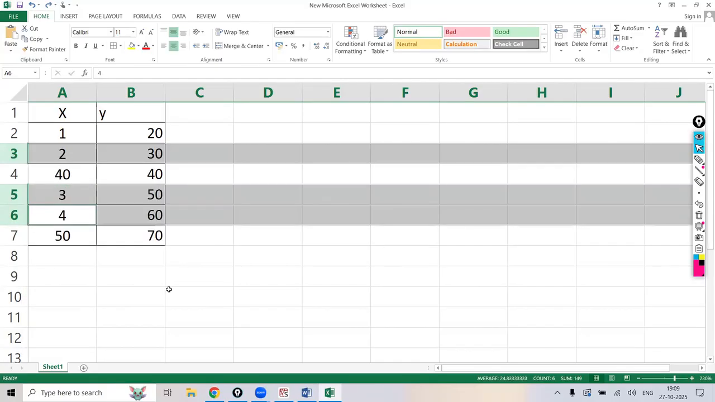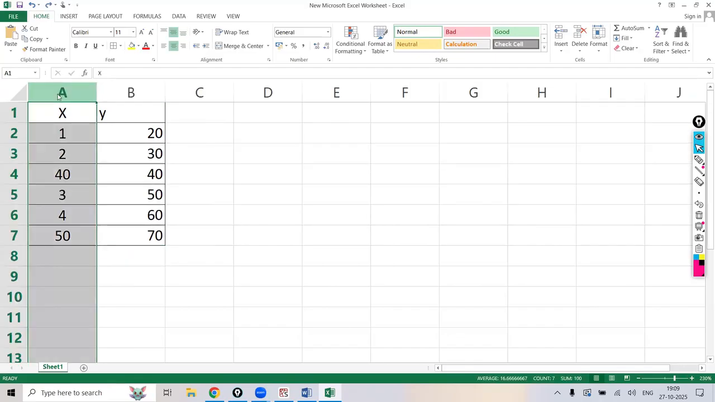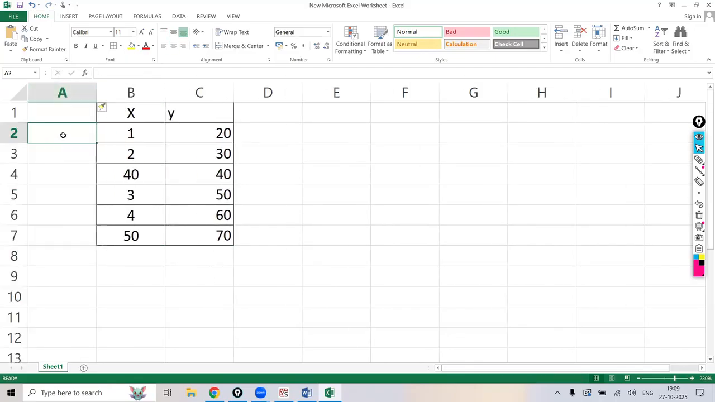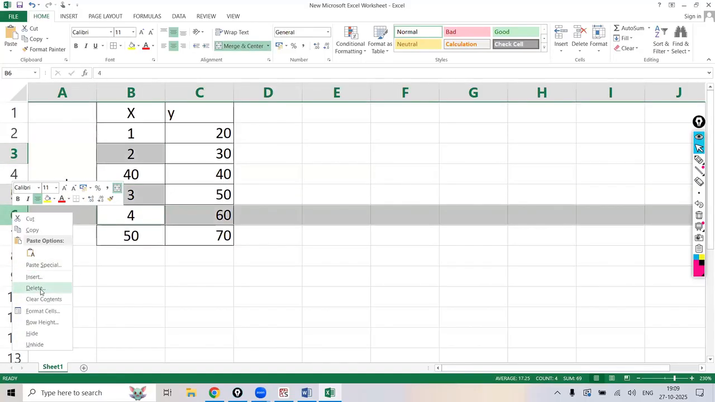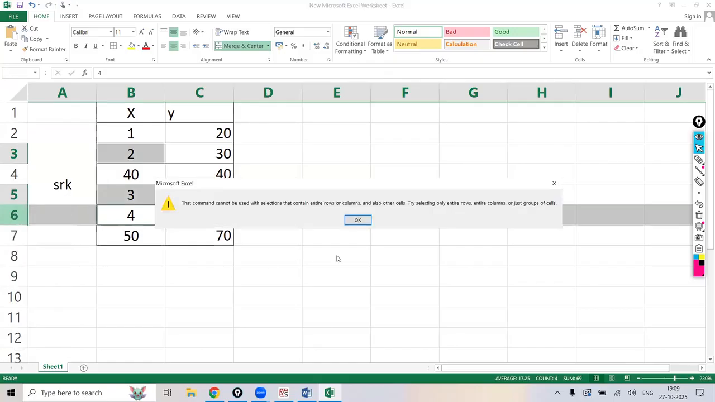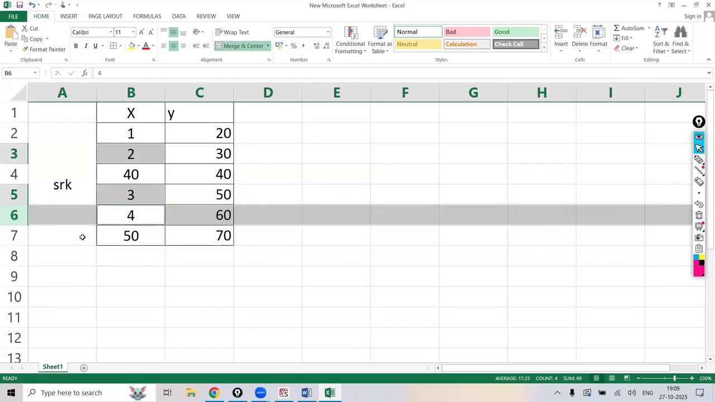Let's take an example like this. I will show you one more example. Here you are having something like SRK. Earlier I selected this one, and this one. Now, see, I'm going to click on delete. What is it saying? You cannot delete multiple rows when you have something like this. But when I click on this,